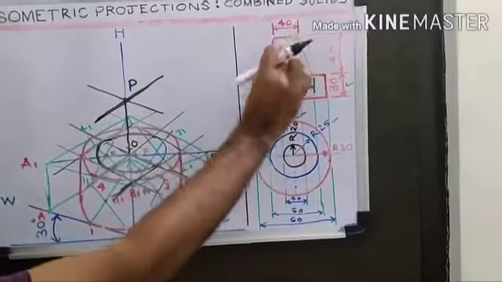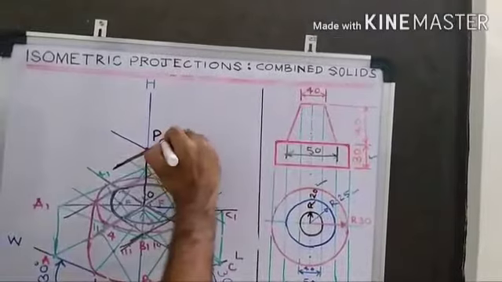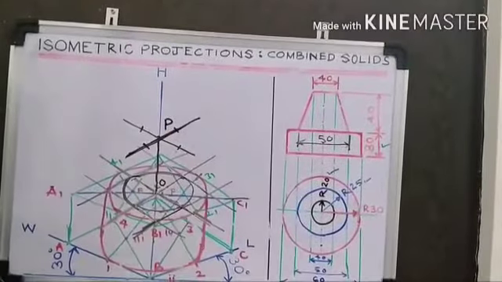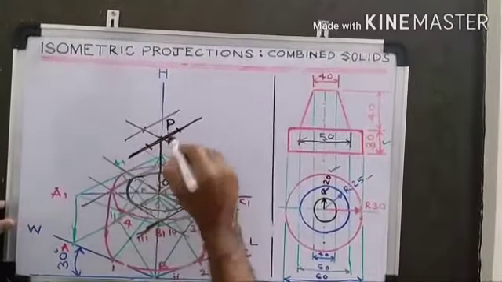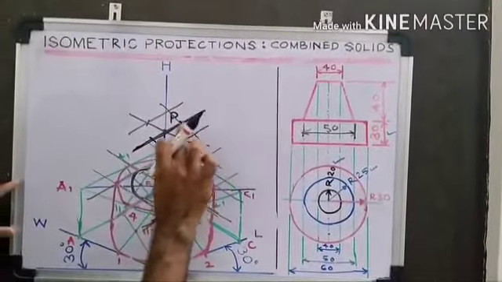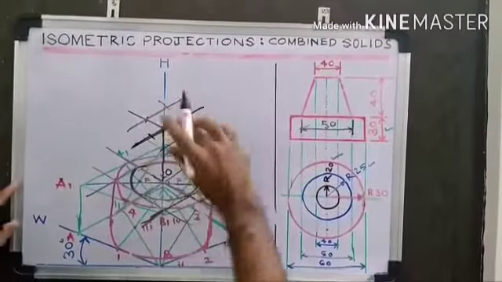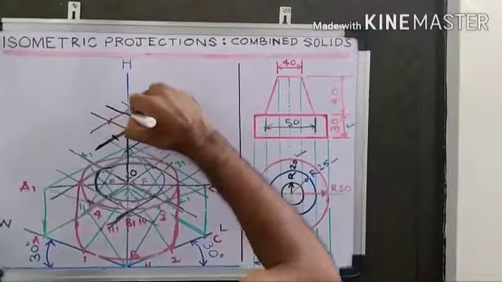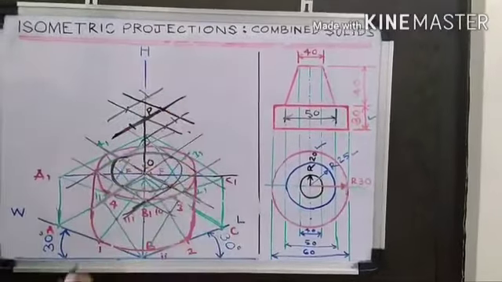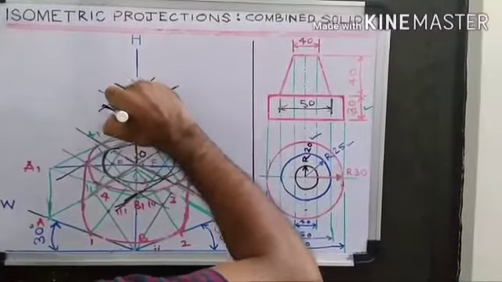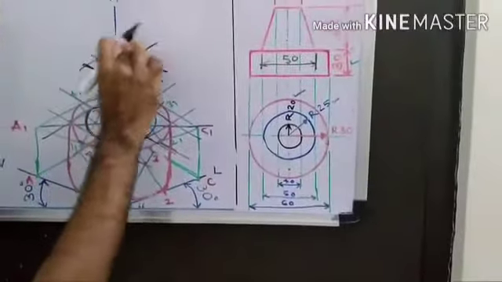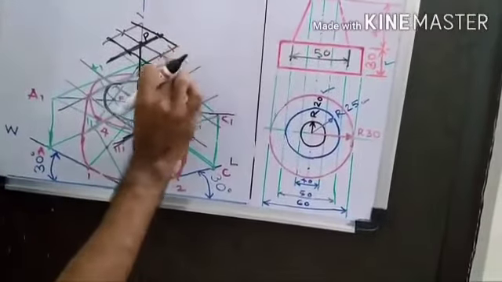Now what is its diameter? 40. So therefore 20, 20, 20, 20. Now passing through this point, this point, this point. Sorry. This point. And passing through this point, you are getting another rhombus here. Rhombus here. I am erasing all the extra portions. Please see it. Check this.